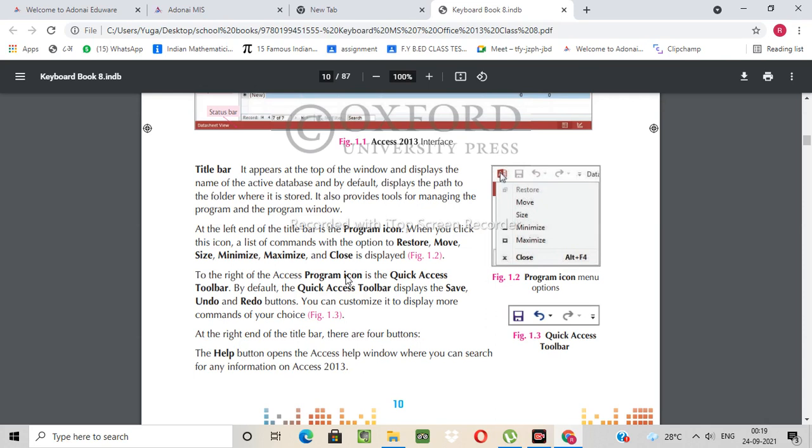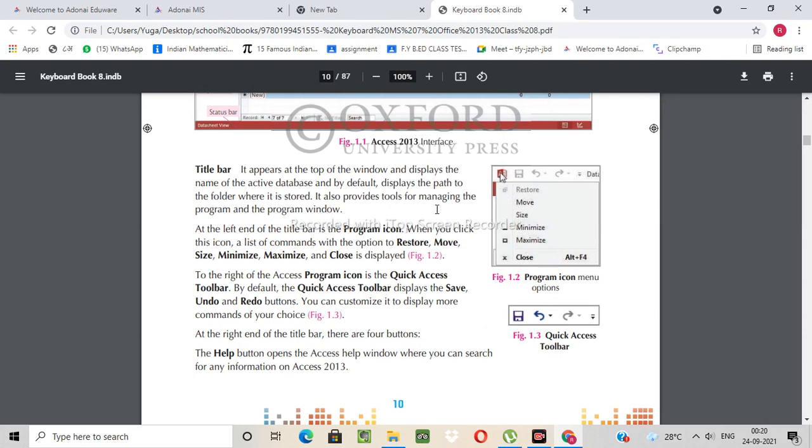It also provides the tools for managing the program and the program window. You can see this in figure 1.2, that is the program icon menu. This is the program icon, and in this you have these options available: move, size, minimize, maximize, close.